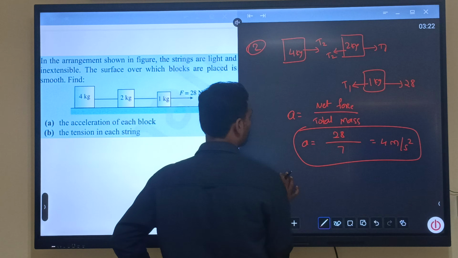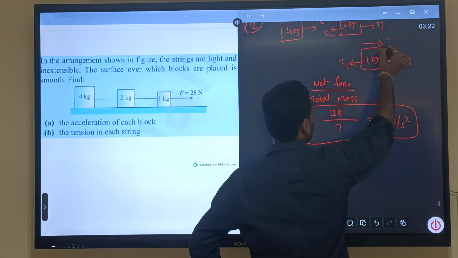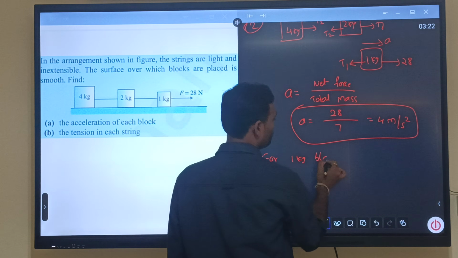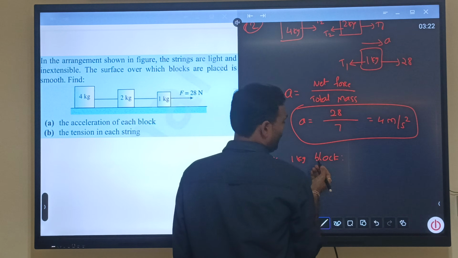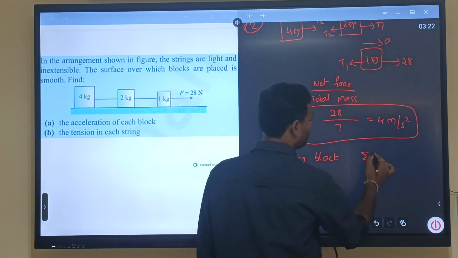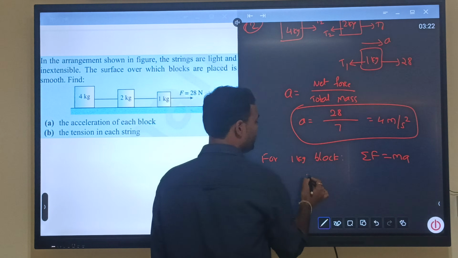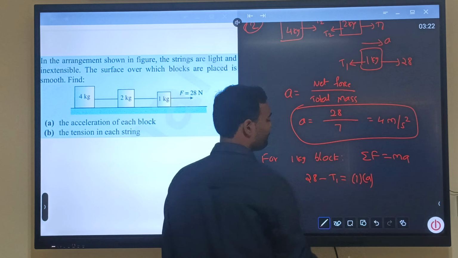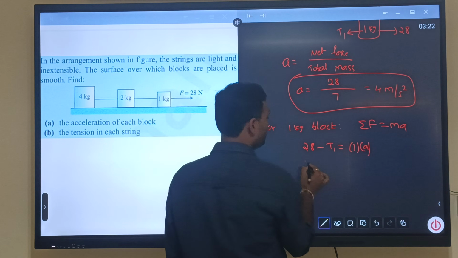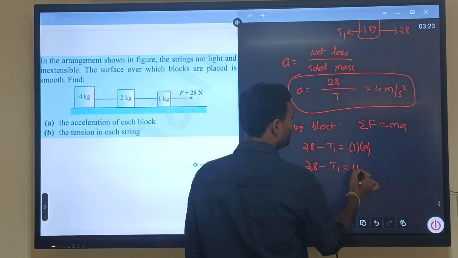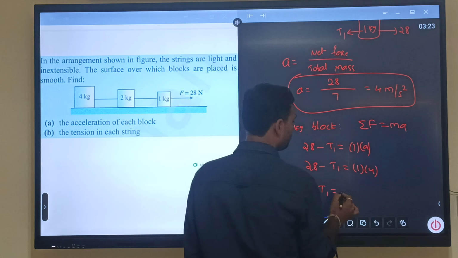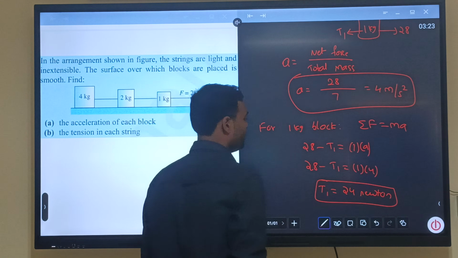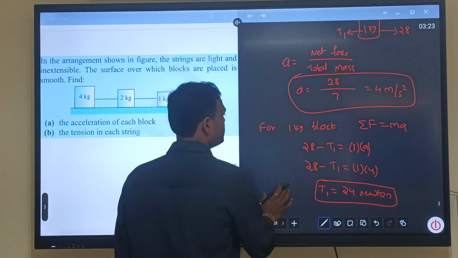And T1 and T2 values we are going to find. Let us say it is moving with the same acceleration. For the 1 kg block, the net force is equal to MA. 28 is acting in the rightward direction, T1 is acting in the leftward direction, mass into acceleration. Then 28 minus T1 equals 1 into 4. Then T1 is equal to 24 Newton. And T2